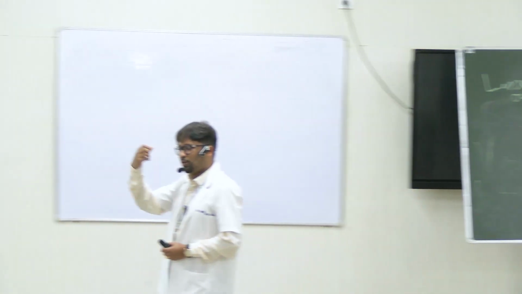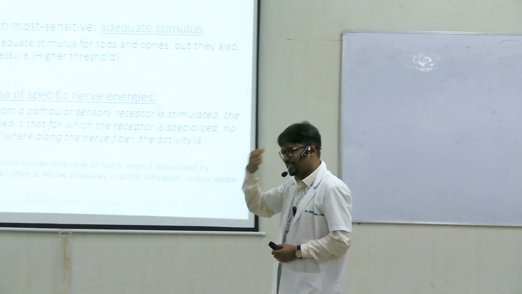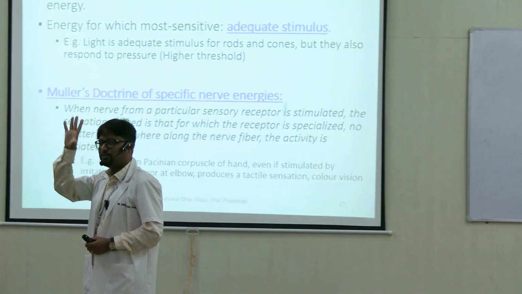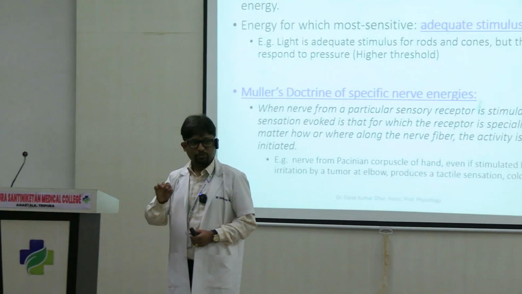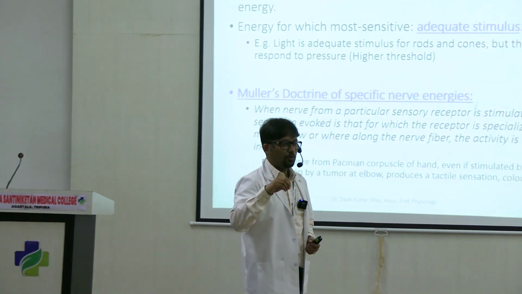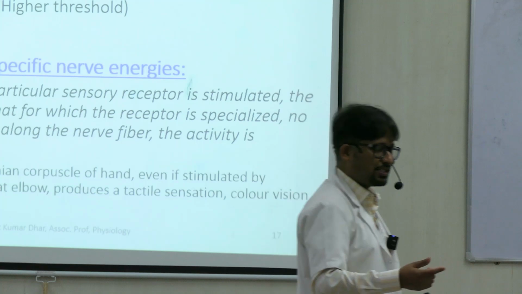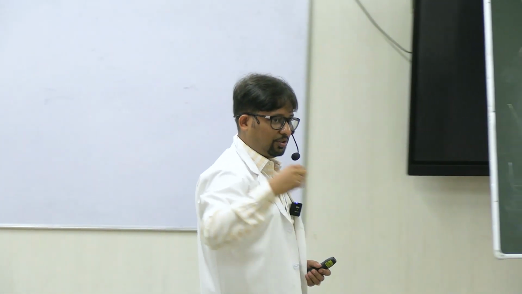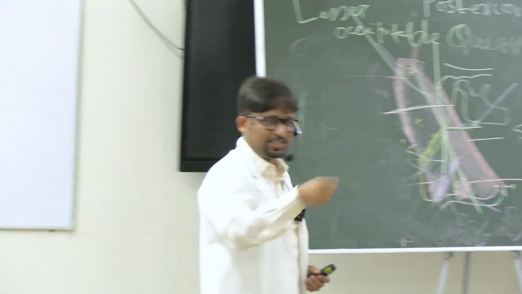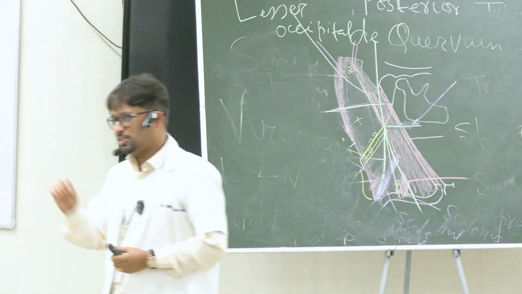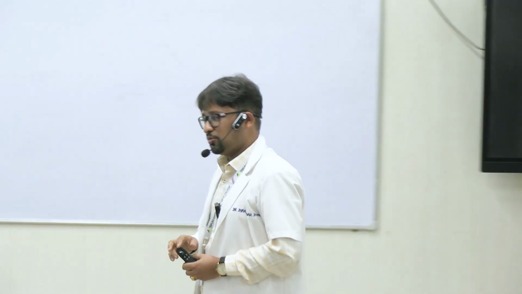If you get a blow or any type of sudden mechanical force on the eye, there is a sudden flash of light. That means your receptors were also activated by some other type of stimulus. But what was the difference? The threshold was very high. So it had to be sudden and it had to be significant. If you touch like this, you will not feel anything. So this is a common example. One more example that comes to my mind is